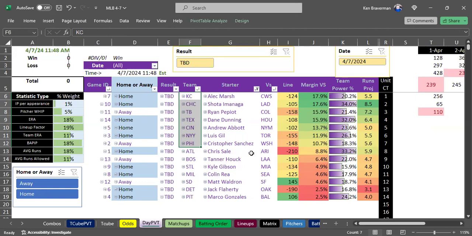Yesterday was really good, really only losing Detroit and Milwaukee, but Milwaukee wasn't on the list when you run the macro. I did not run the macro to see if some of these teams are not on the list, but you can kind of tell by margin that these games down here are going to be really iffy. And also seeing Detroit all the way down here at minus 190, that's telling you don't play them. And if they manage to lose that game to that decent pitcher on Oakland, it will not be a surprise.